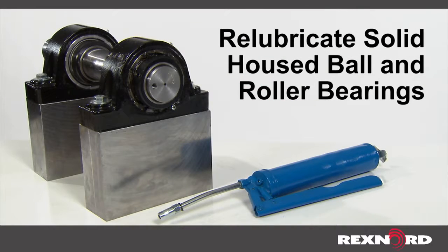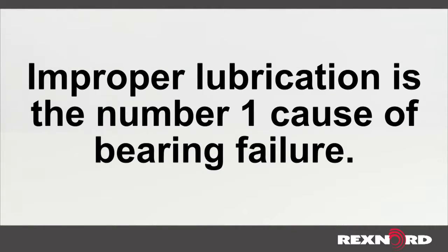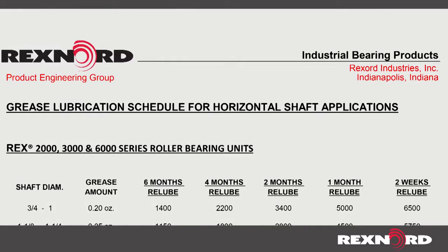This video will show you how to relubricate solid-housed industrial ball and roller bearings. Improper lubrication is the #1 cause of bearing failure, so understanding how to properly maintain your bearing will help extend service life. Always refer to your manufacturer's instructions for the type of lubrication used and maintenance intervals as a starting